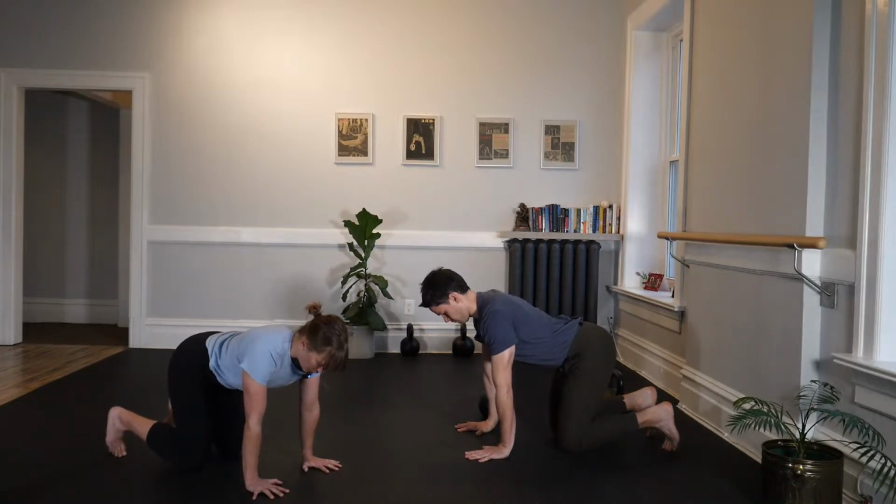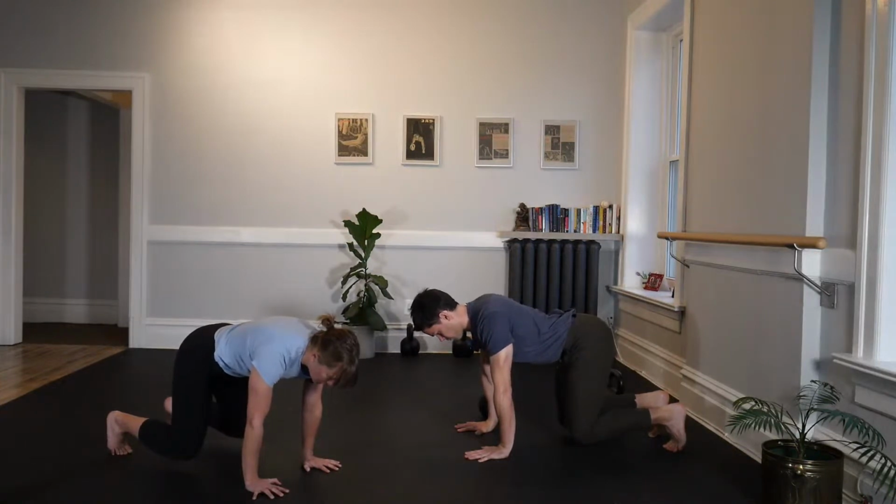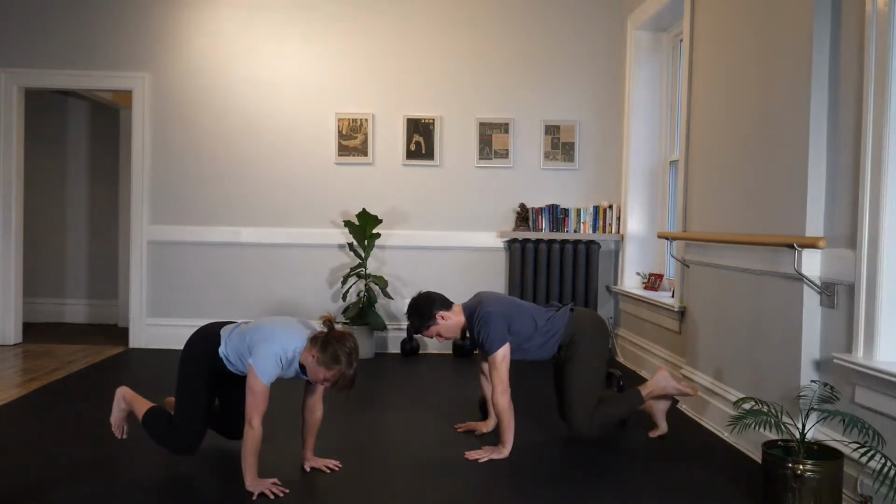Let's first fire up the core by hovering our knees up off the floor. With our knees just hovered off the floor, you have a bowl of fancy water on your back you don't want to spill. Without spilling that water, could you lift a foot just off the floor for 3, 2, place